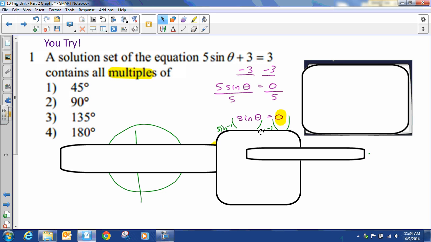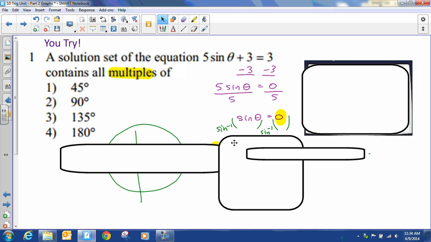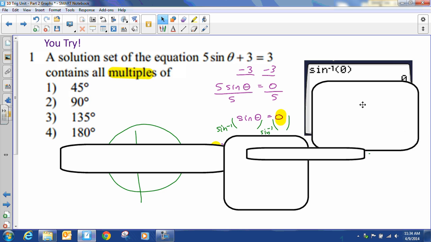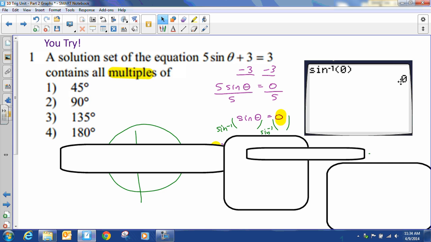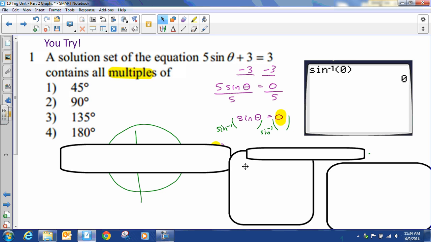So, you've seen this before. Sine of theta equals 0 can be solved by taking arc sine of both sides, also known as inverse sine. You can trust your calculator, and as a matter of fact, let's plug that in the calculator. And the answer is 0. So they're saying that 0 degrees has a sine value of 0. The problem is,